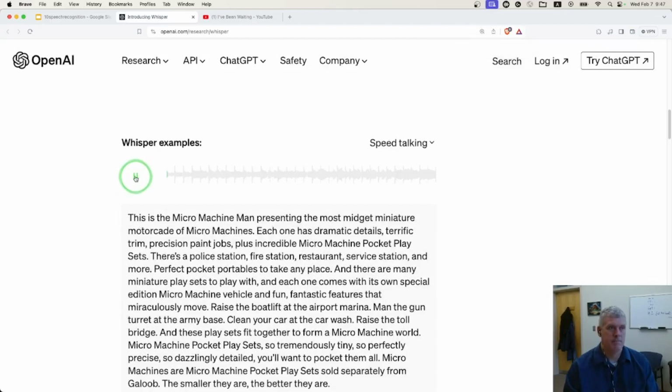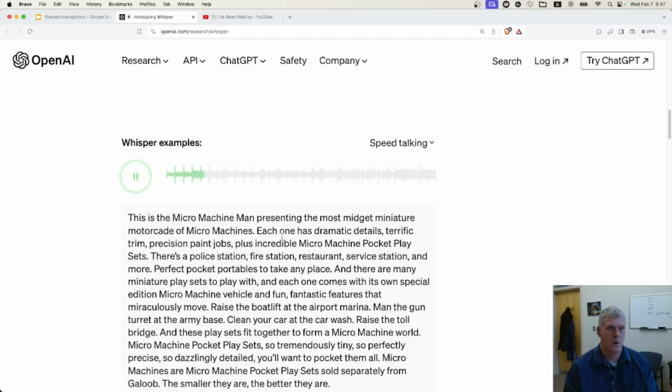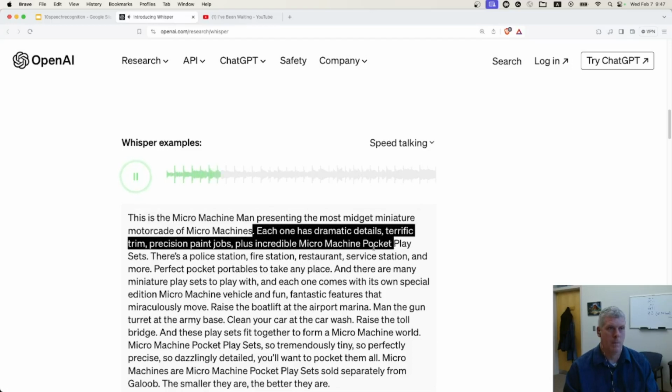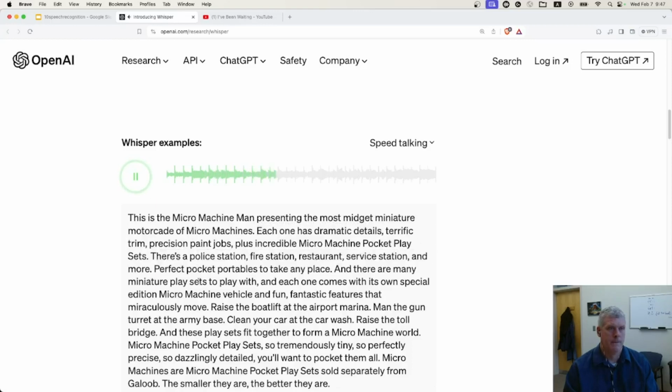Ready, set. This is the Micro Machine Man presenting the most miniature motorcade of micro machines. Each one has dramatic details, terrific trim, precision paint jobs, plus incredible micro machine pocket playsets. There's a police station, fire station, restaurant, service station, and more. Perfect pocket portables to take any place. And there are many miniature playsets to play with, and each one comes with its own special edition micro machine